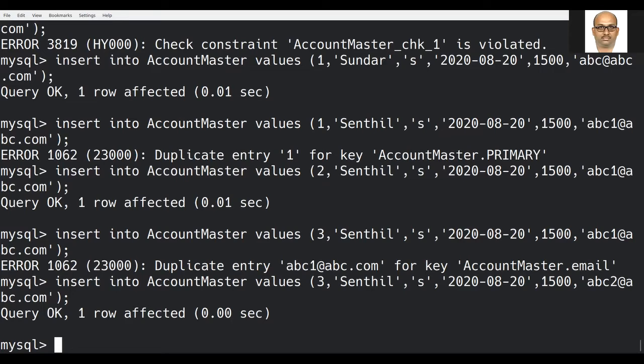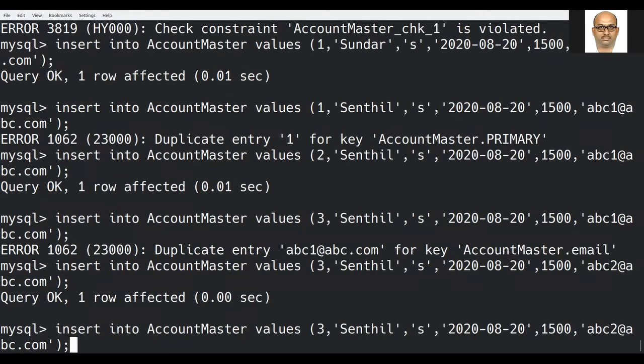So let us check that one also. How to check that one? I am trying to insert one more record, namely record number 4. I am changing the name as Satya.